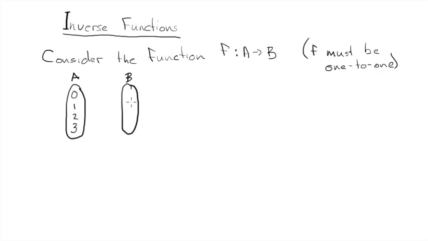So A will consist of the numbers 0, 1, 2, 3. B will be -1, 0, 1, and 2. So 1-to-1 meaning each input has one output, and each output has a unique input. So each arrow is going to a different thing. Okay. The inverse,